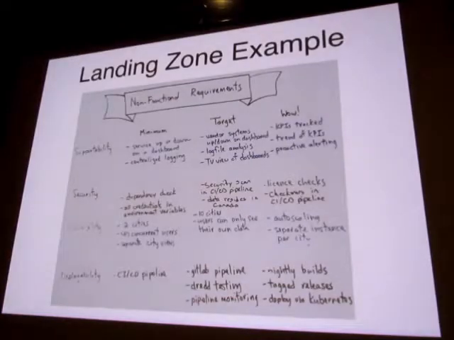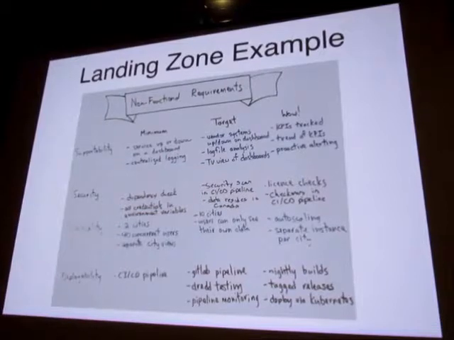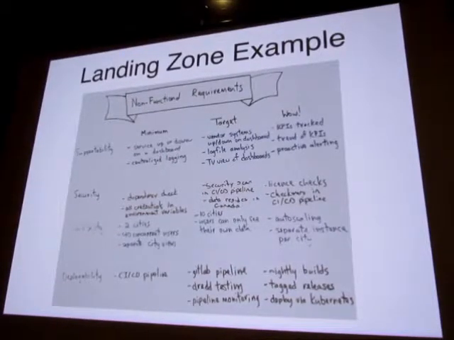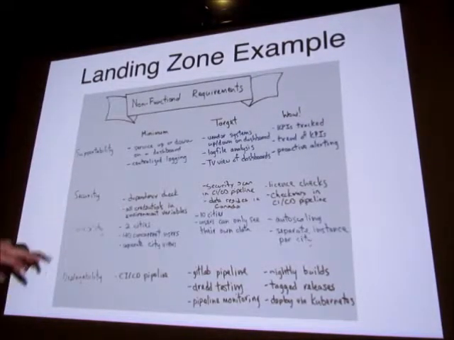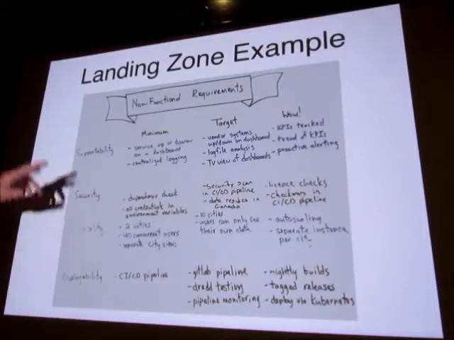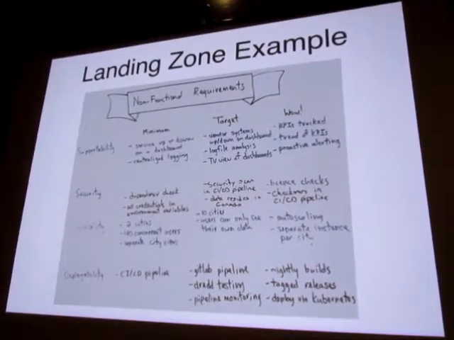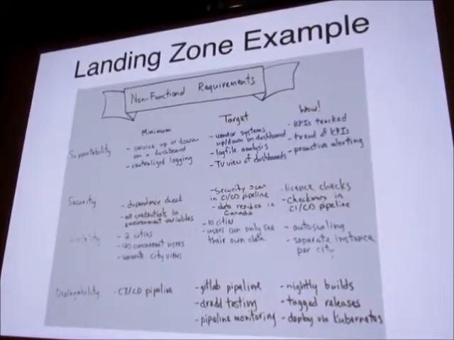I wanted to show you an example from work that I did recently, where we named it differently. Instead of calling it outstanding, they didn't like that term, because outstanding can mean we haven't done it yet. So they called it WOW, but basically the same thing. We were looking at making a product releasable. So you can't read this one: supportability, security, scalability, and deployability. And we defined minimum, target, and WOW for each of those.